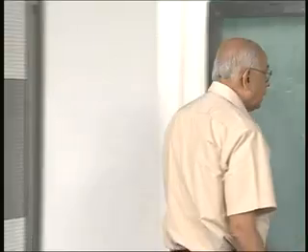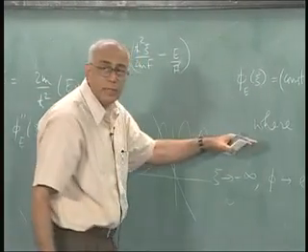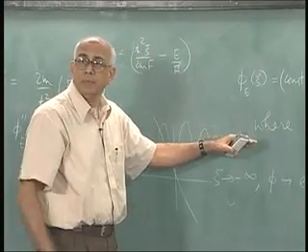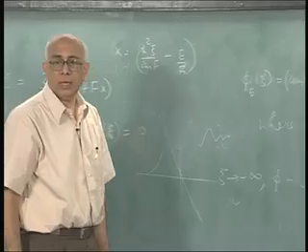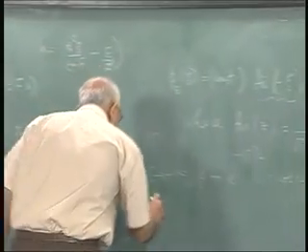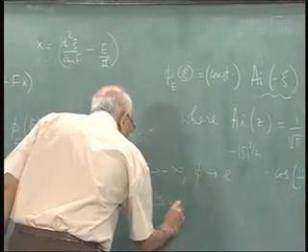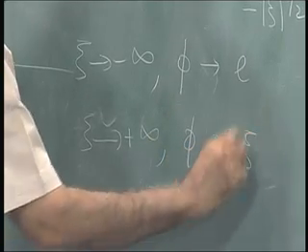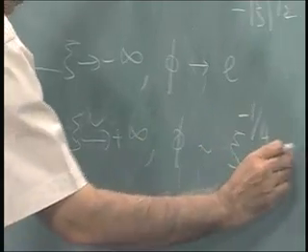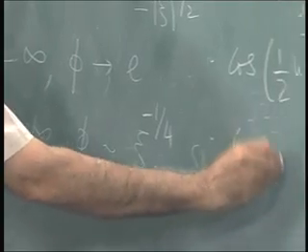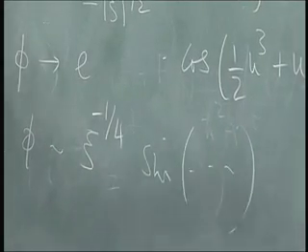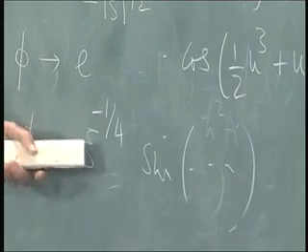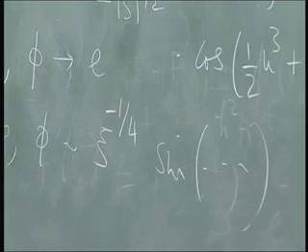On the right hand side, it remains wavy, but the amplitude dies down very slowly. So as xi tends to plus infinity, phi goes like xi to the minus a quarter times a sine function of something or the other involving psi. So something oscillates but with a very, very low amplitude, and you can find the constant that multiplies it by